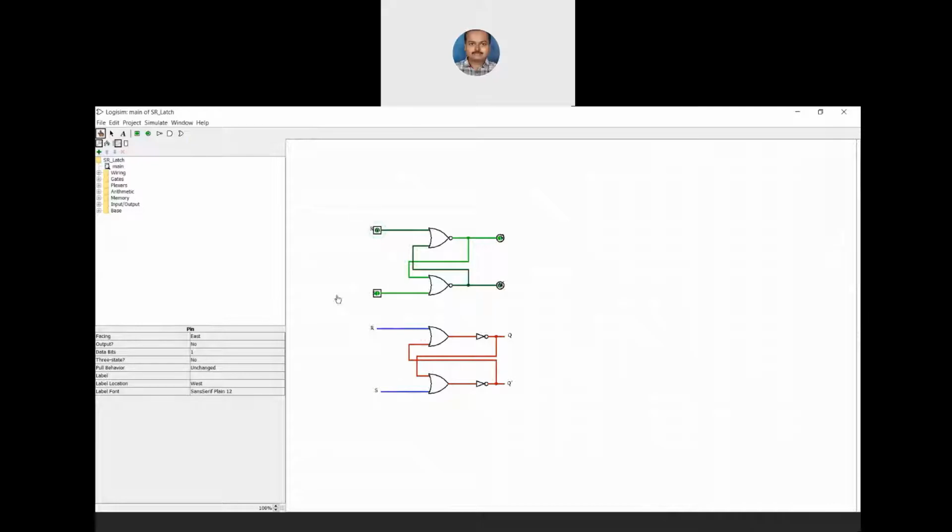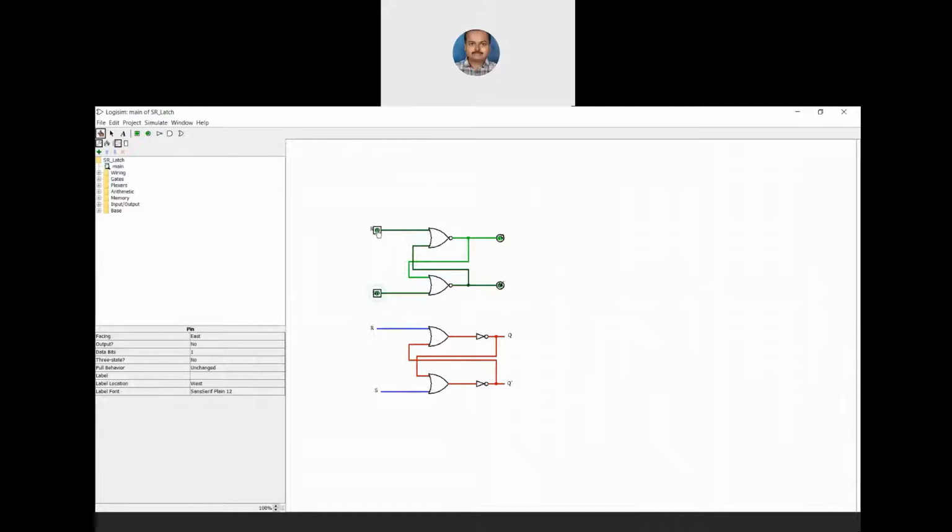Yes, everyone understood this. As I said, I've shown the working of the SR latch in a simulator also. I've used a logic simulator. With the help of this simulator, you can design the circuit and see how the SR latch is working. We know that when R is 0 and S is 0, what we have here, the output is 1, right? Take an example. Now you can see this is 1 here. Q is equal to 1, S is 0 and R is 0.